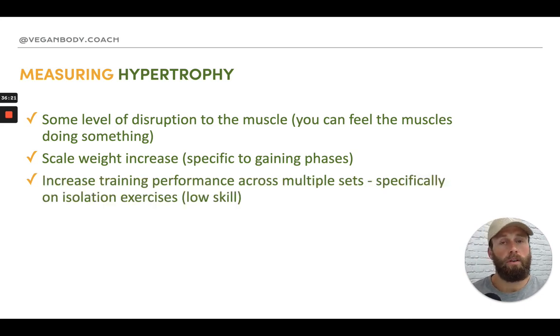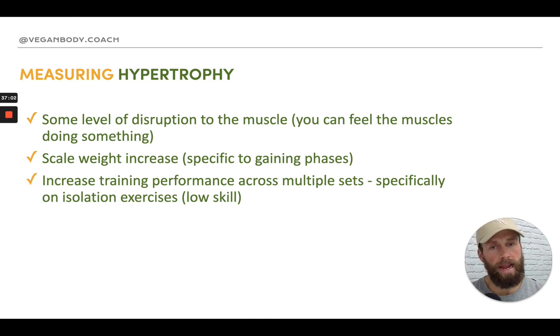Thirdly, increasing training performance across multiple sets, specifically on isolation exercises. So as was discussed, we want to see progression, and we want to see that progression across multiple sets of an exercise. A great way to know if you're building muscle in your training is to measure your progression specifically on isolation exercises. If you look at the leg extension, for example, you're locked into a seat, you can't really move, you can't really cheat the movement. So every bit of progression that I see, whether every week I'm putting a rep or two on my sets, or maybe I'm able to add a little bit of load, generally that is signifying that